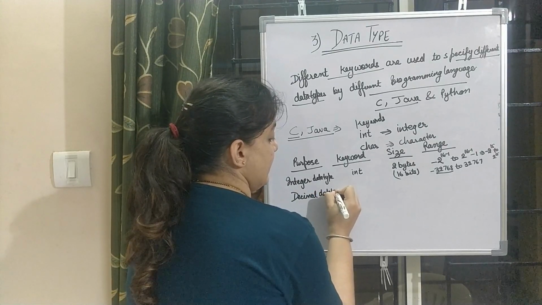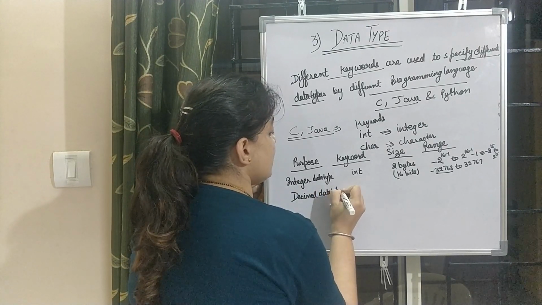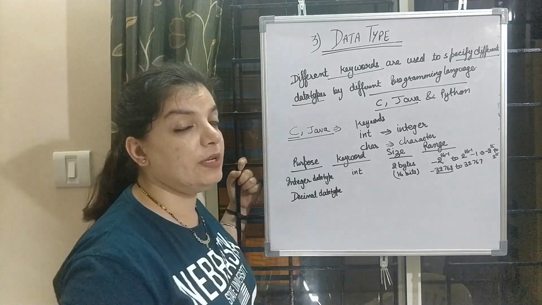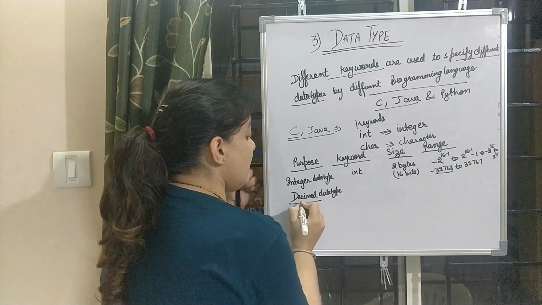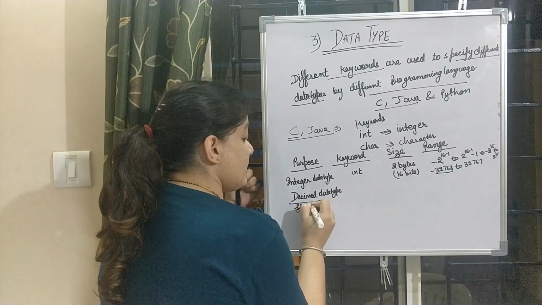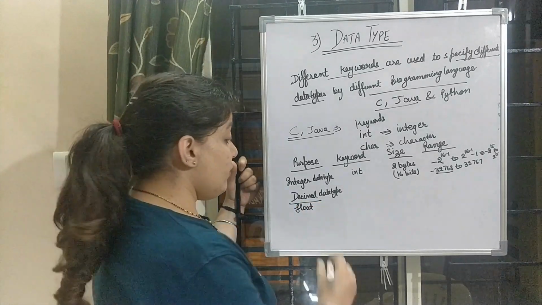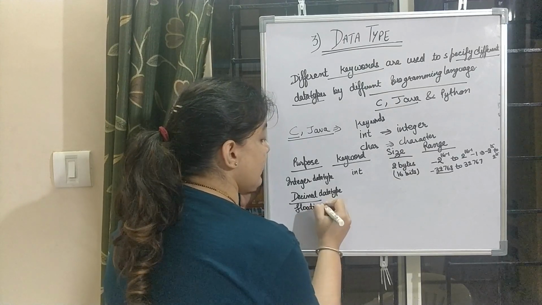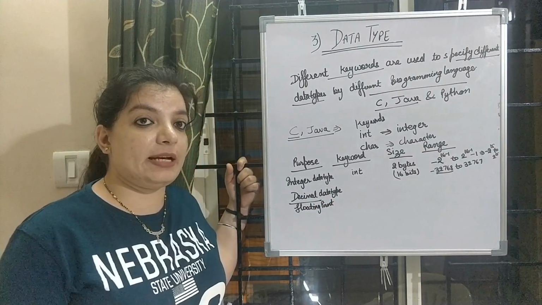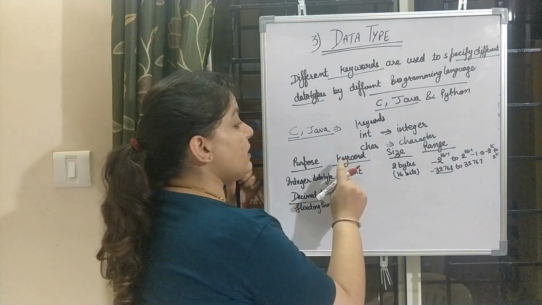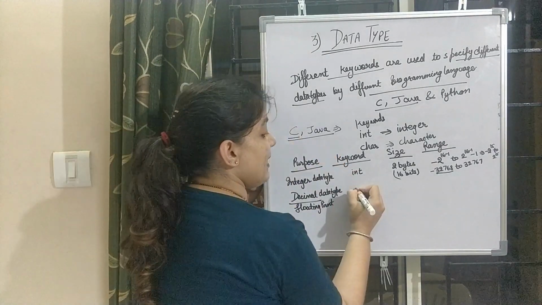In our day-to-day life, we use the word decimal, but in computer programming languages, instead of decimal, we use the float data type, or floating point data types. For these data types, we use a keyword in both C and Java programming languages,